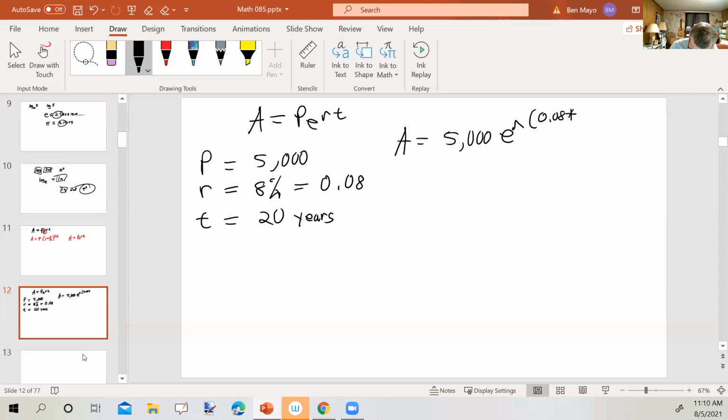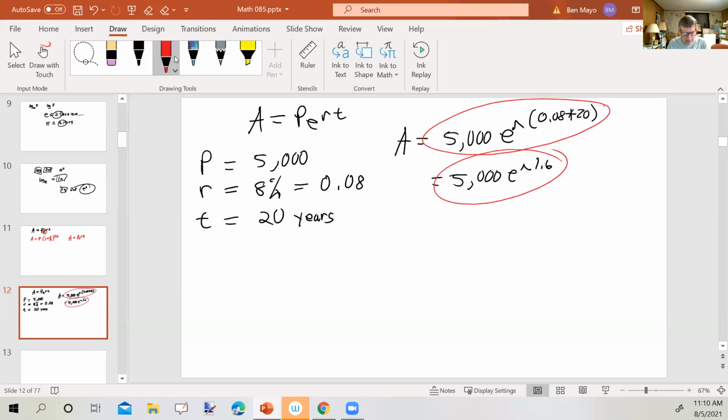0.08 times 20. Now, again, by using parentheses in my exponent, I don't have to pre-multiply it. I can, however, pre-multiply it if I want. And then it would look like this. Let's see here. 20 times 0.08 is 1.6. So I can either plug that into my calculator or that into my calculator. All right. So 5,000. Second, e to the x, and then I'm going to put in 1.6, and I get